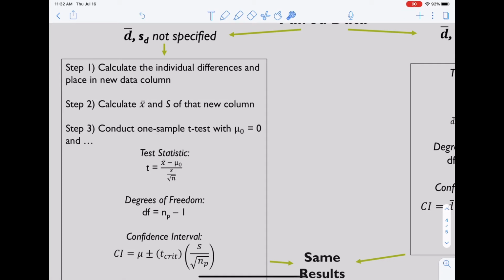Sometimes d bar and s sub d might not actually be specified. This means that